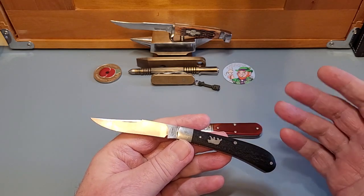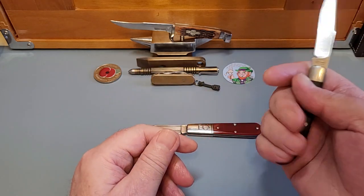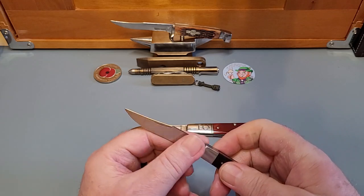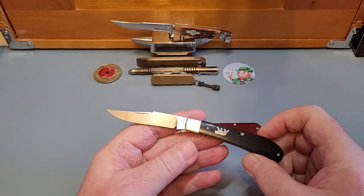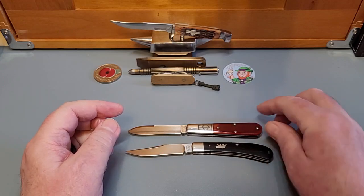And now, again, most of them are slip joints. But when you get something like this, how can you not feel it? That is a full 4-finger grip without a problem, so I can do any sort of cutting that I want if I wanted to. It'll probably open up a couple of packages, and that's as far as it'll go. Slice paper, because I love slicing paper just for the fun of it. So there you go. There's it with the